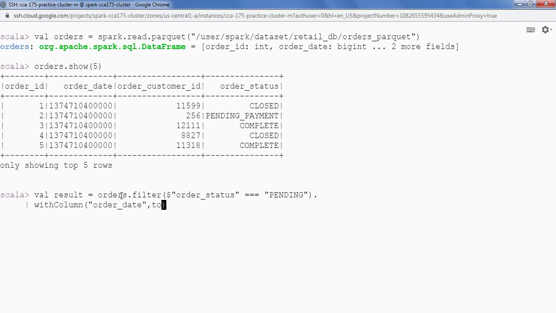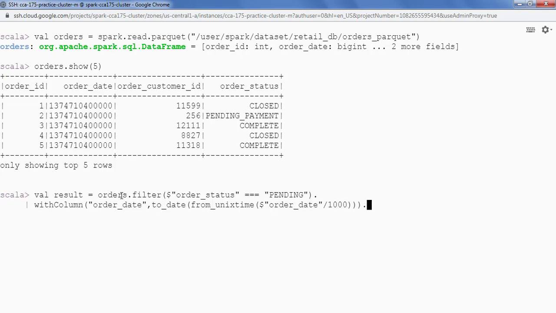So for that I can use to_date and from_unixtime and providing the column order date divided by 1000. So in our data we have order date in millisecond. So we will divide it by 1000, we will convert it into seconds and then from_unixtime will return a timestamp. The to_date function will act on top of it and it will return a date. Okay, so this is what we have done here.